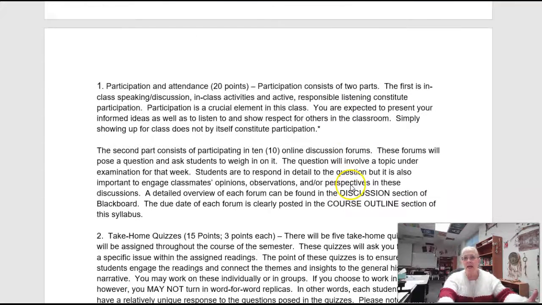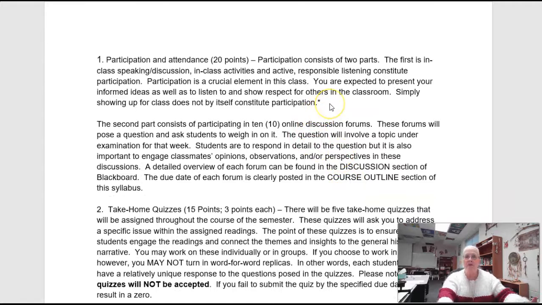Now, a little more detail on how you gain your grades. The participation and attendance grade, a lot of this will come out of the discussion forums. Showing up to class is always 95% of passing anything. But being able to discuss things, especially since this is an online class, is going to make it a whole lot easier for you to get the same experience that you would get if we were all sitting in the same room. So there's going to be 10 online discussion forums. It's not exactly one a week. You're going to have about one a week for the first 4 or 5 weeks, then a small break and then another one. But you'll have 10 over the 16-week period.